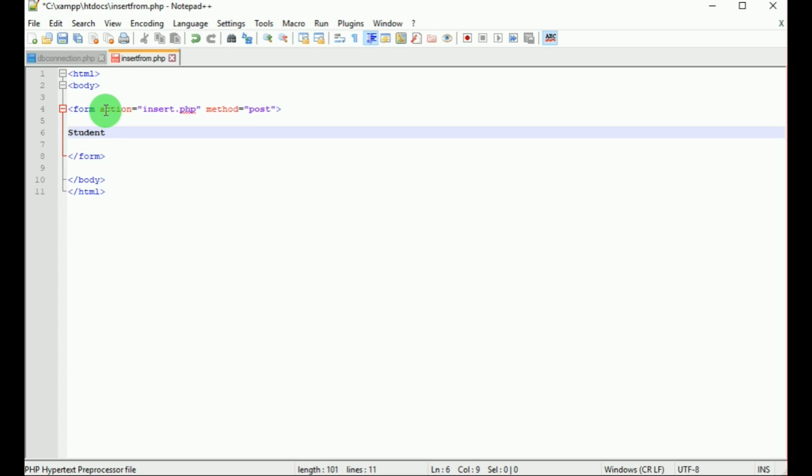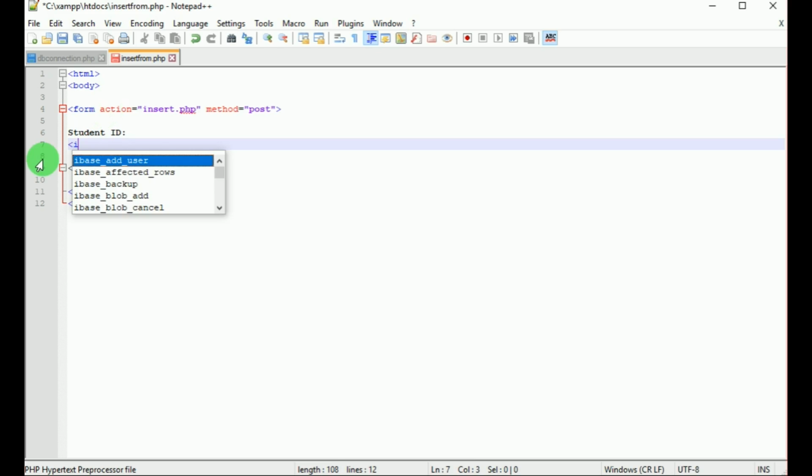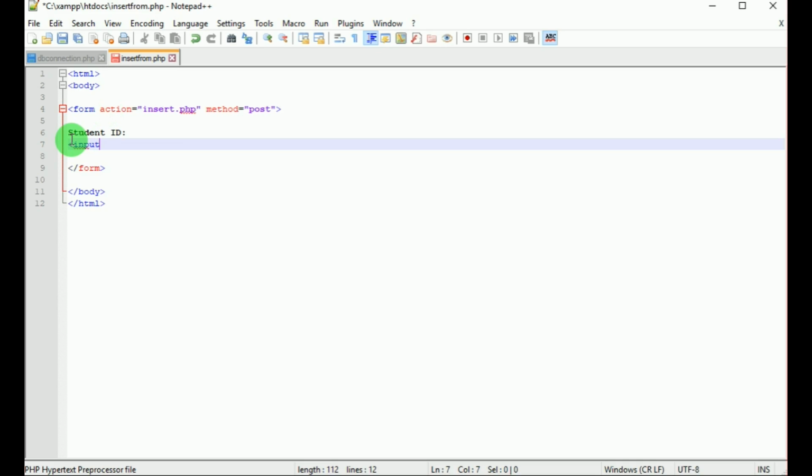Student ID. Let's give the input type where type equals text, name equals std_id.